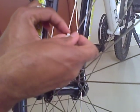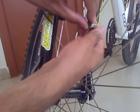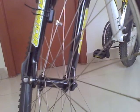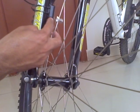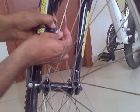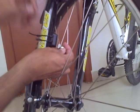Okay, now this is a screw which will tighten the magnet. So tighten slightly so that you can adjust it. One of the very important things in the installation of this computer is that the distance between the sensor and the magnet should not be more than 5 millimeters. So make sure they are very close to each other. I'm going to adjust this to meet the required distance. Now the distance between the sensor and the magnet is less than 5 millimeters,